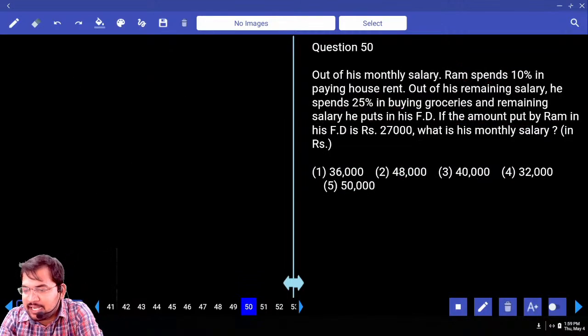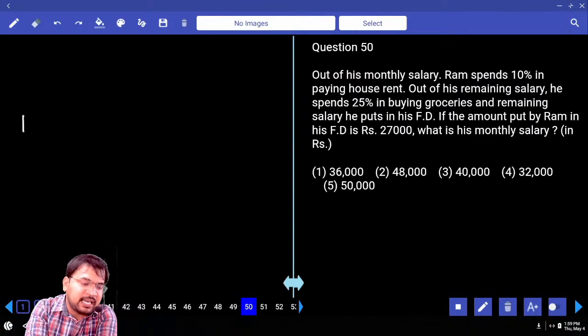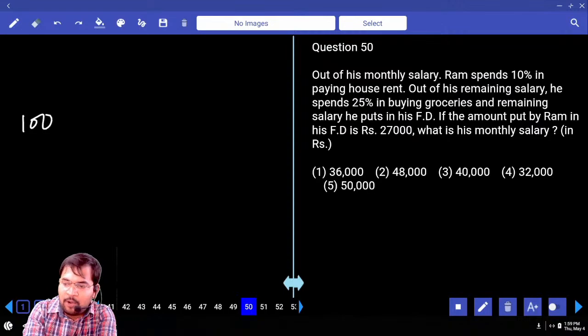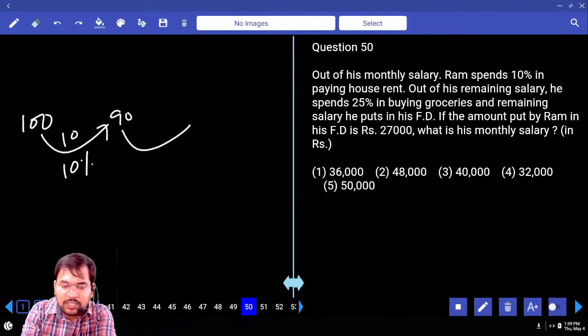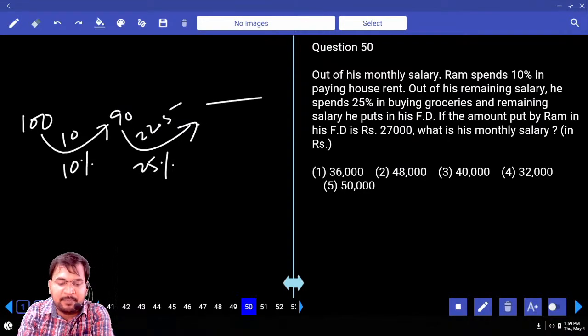Out of his monthly salary, Ram spends 10% paying house rent. Out of the remaining salary, he spends 25% buying groceries, and the remaining salary he puts in FD. The amount paid by Ram in FD is 27,000. What is the monthly salary? So take total monthly salary as 100. 10% of 100 is spent initially. Out of the remaining, 25%, which is 22.5. Remainder will be